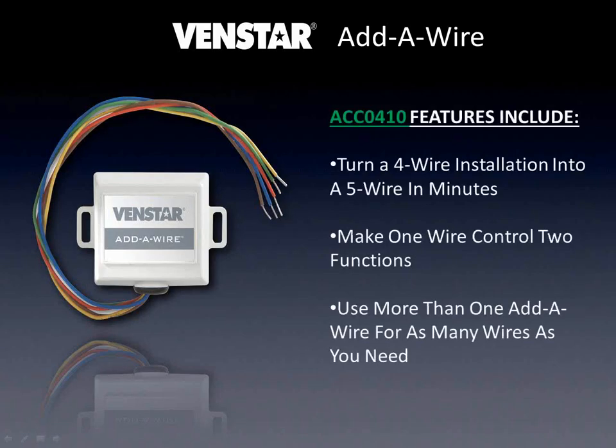We mentioned if there was time, and we're going to take a couple minutes because we do have a little bit of time to tell you about a couple extra things. We mentioned the wire saver from Honeywell that requires you to have a Honeywell thermostat with a K terminal on it. Obviously, that's great for some of those stats, but if you have other Honeywell stats or you have any regular thermostat from any manufacturer, Honeywell, Ventstar, Carrier, Nest, whatever, and you have a 4-wire existing installation in a building